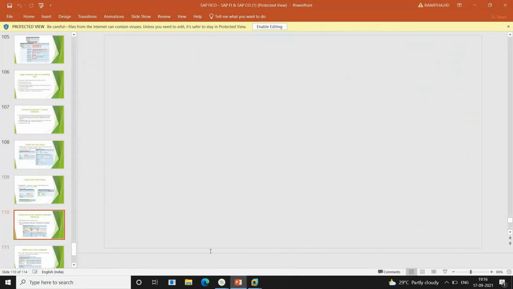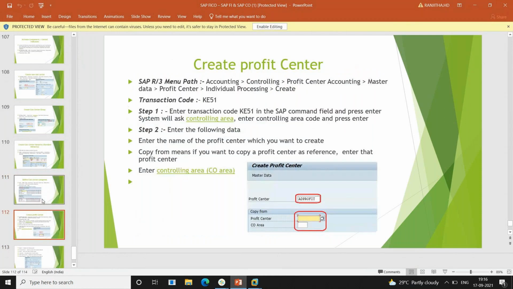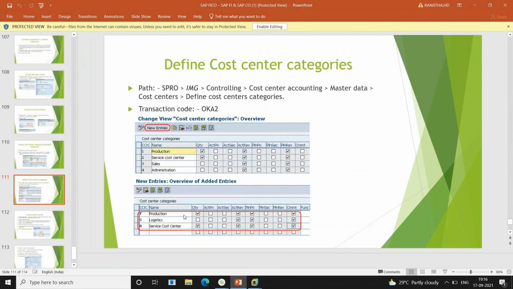So last step. Once that production is created, in the same manner you can create many different types of levels. After creating, you will categorize into one. That categorization we do here. So define cost center category. Write down this T code and the path.